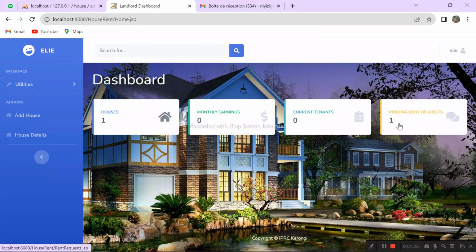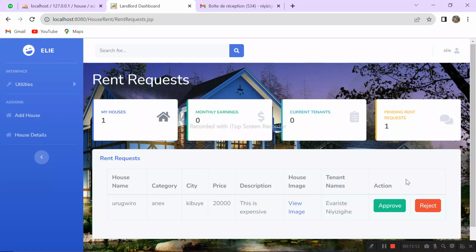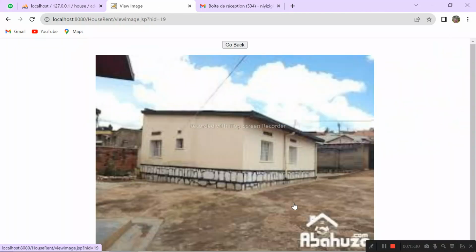I have one pending rent request where I can approve or reject his or her request. I see the tenant's name, Evariste. I can view the house he is applying for. Yeah. Then I go back